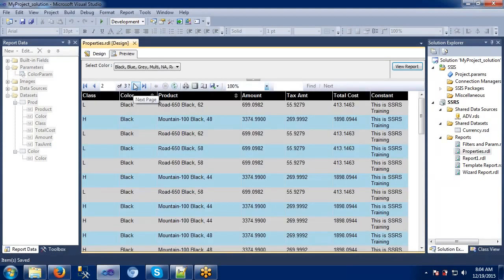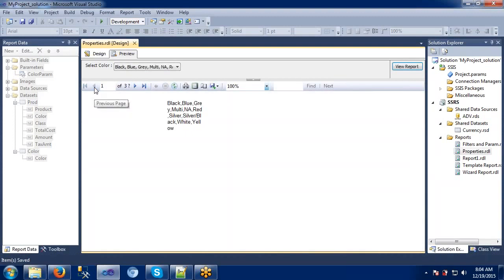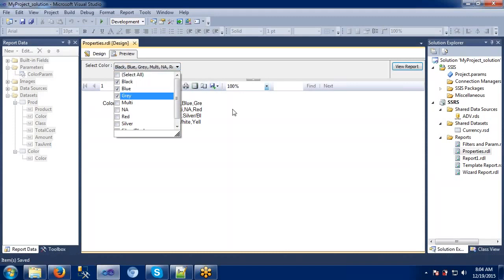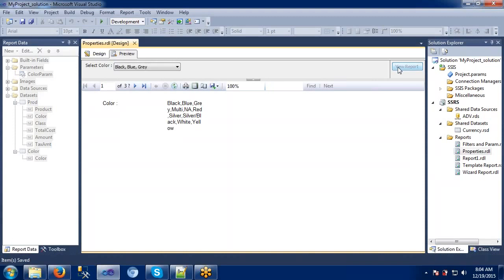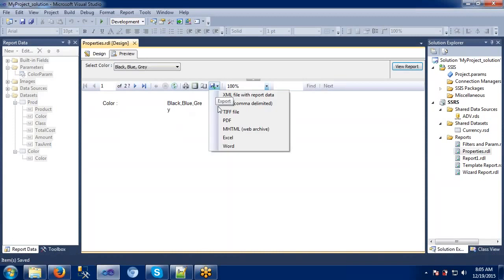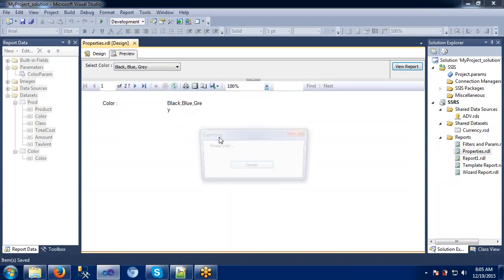Okay, if I try to export this one now, or else I will take some black, blue and gray here. Only three colors I have selected, so that's why it is giving me black, blue and gray. Let me export this one once again.